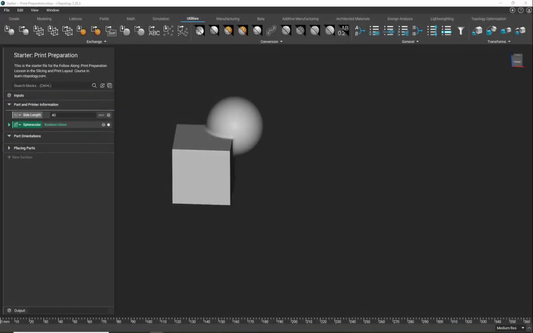In this video, we will begin with our starter print preparation file that you can download below this video to implement the practices for preparing your part for print discussed in the previous lessons. This begins with our sphere cube, which you learned in our nTop core as our example part for this video,